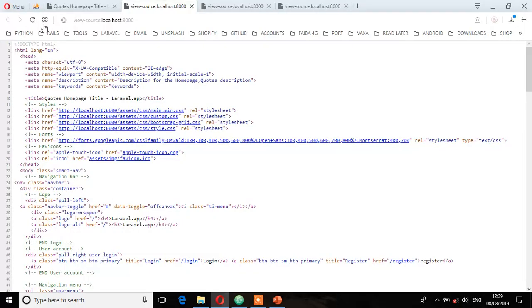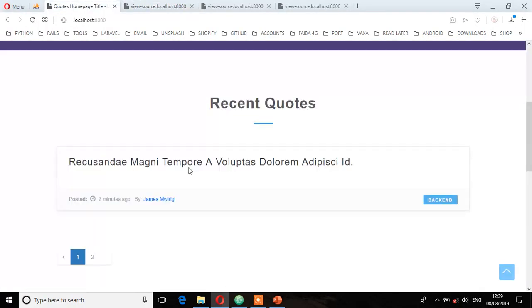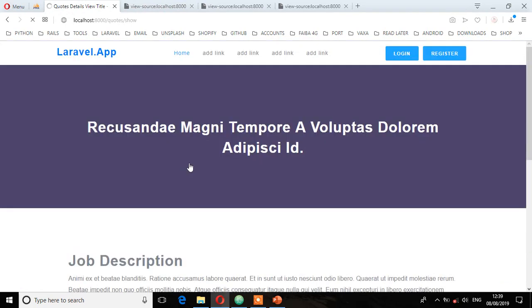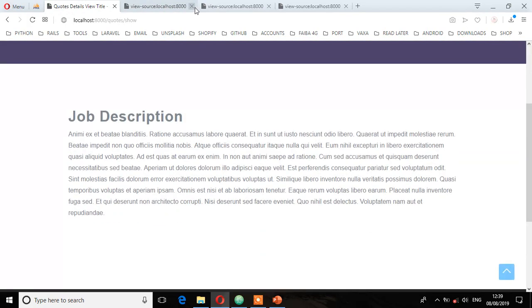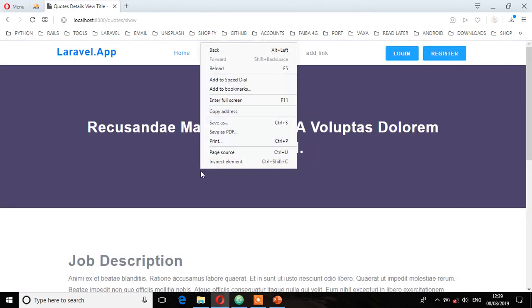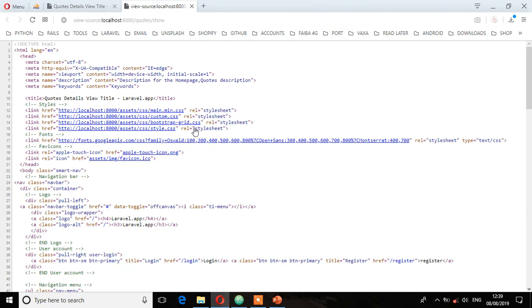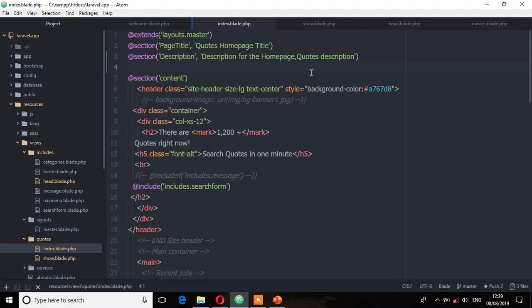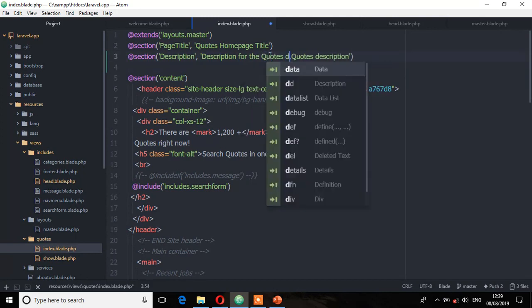Let's go to the show page. I'm going to click this link. Let's do the same, right click, view page source. As you can see, we didn't change anything, so let's change that. For the quotes, details,